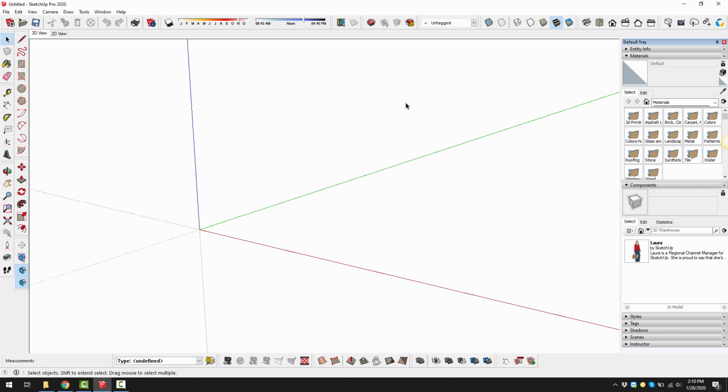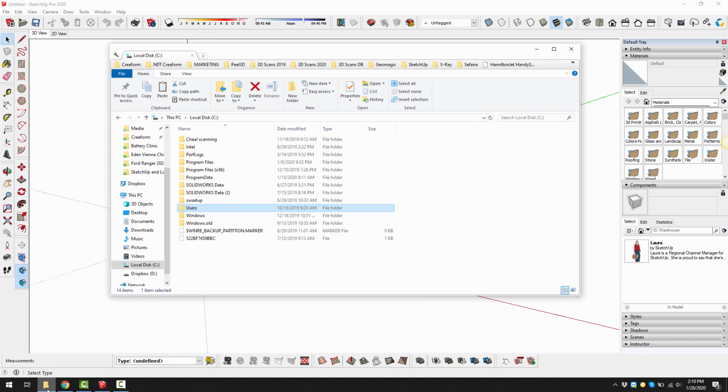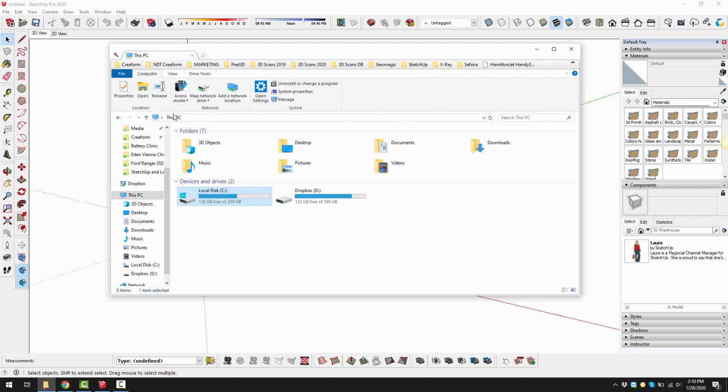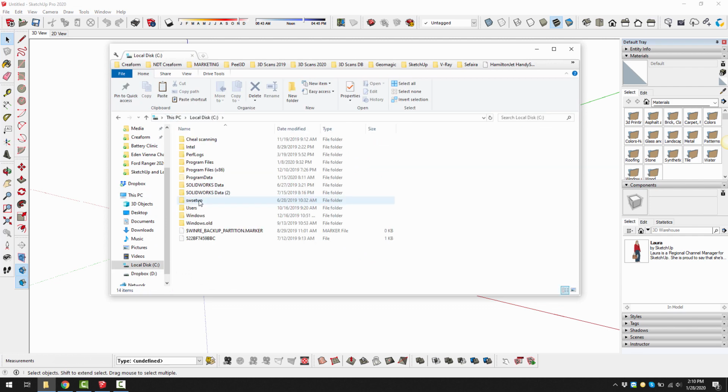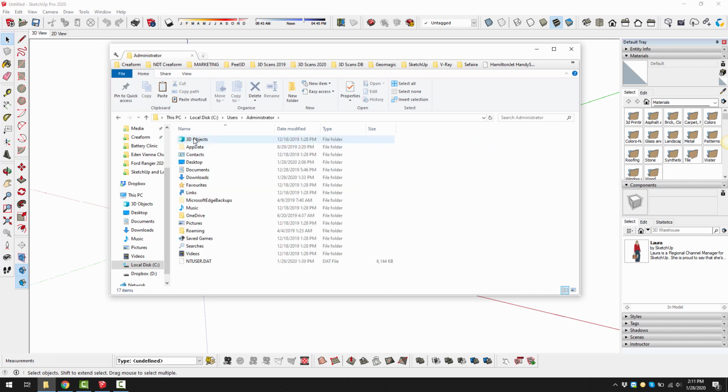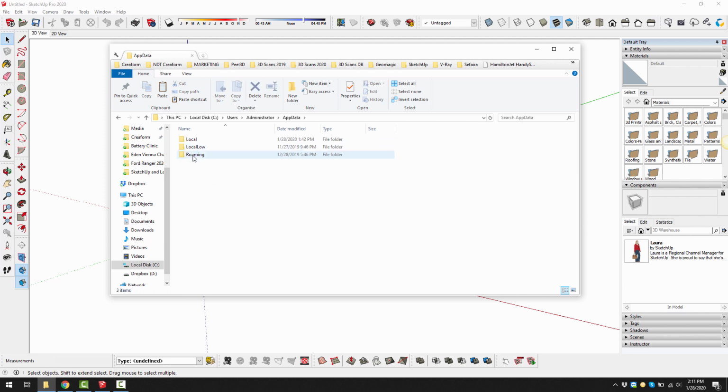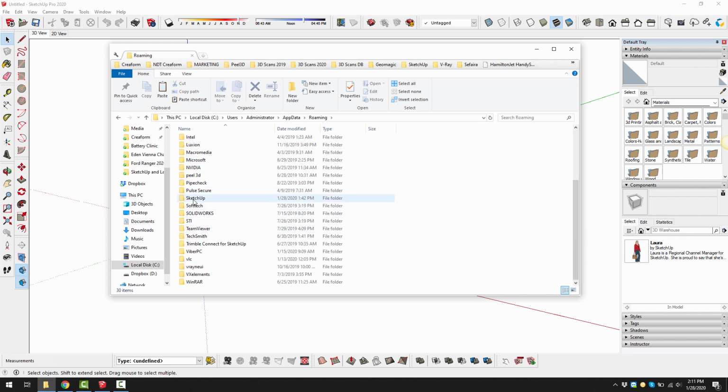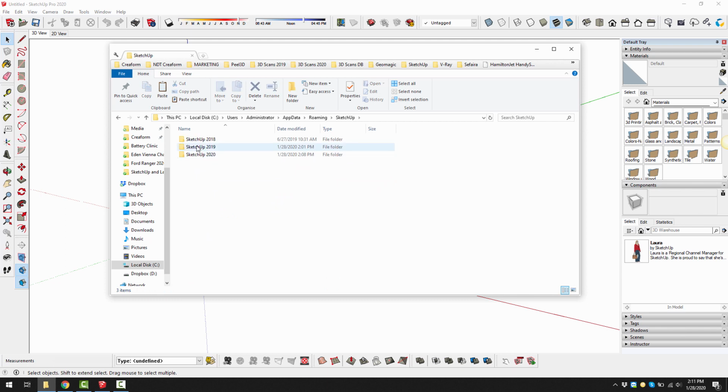There are a couple of ways that you can make this work. The most solid way is to copy between folders. So if you were to go to your Windows Explorer, go to This PC, C drive, then go to Users, Administrator, Application Data, Roaming, scroll down to SketchUp, find SketchUp 2019, then SketchUp, and you can find here components, materials, plugins, styles, and templates. So you could go and copy all those settings,